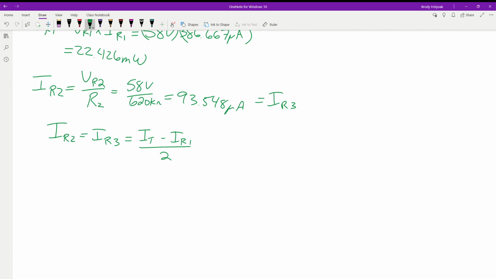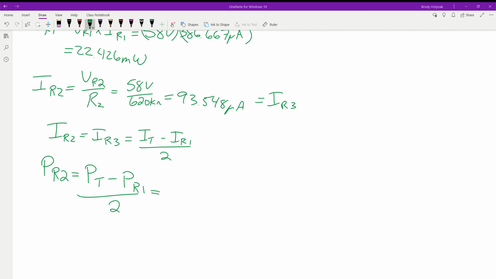And the same thing is true with power. We have our total power subtracted by the power dropped across R1. Whatever's left, we split, and that gives us how much power. So with that,